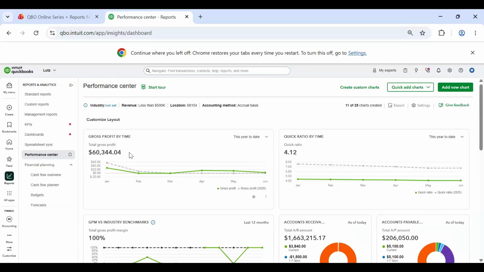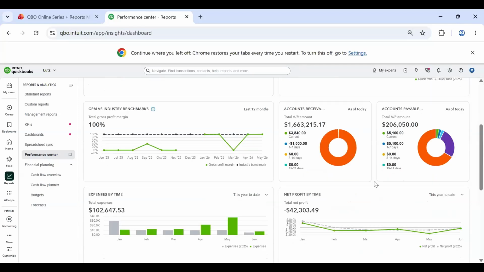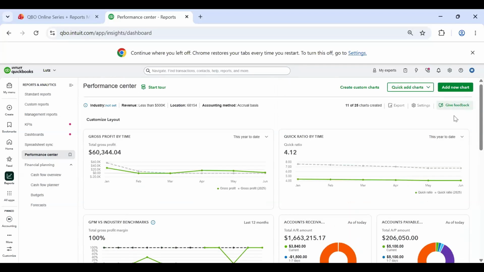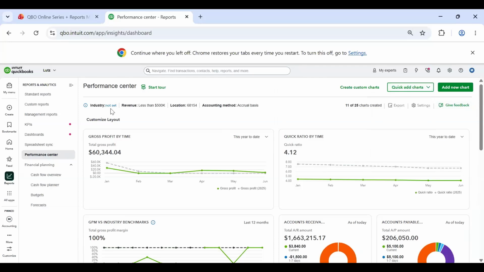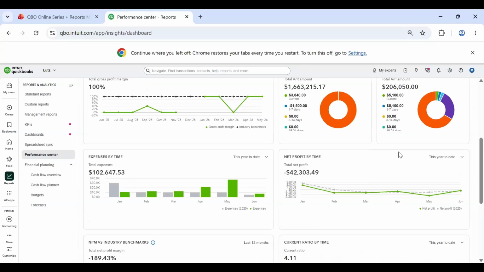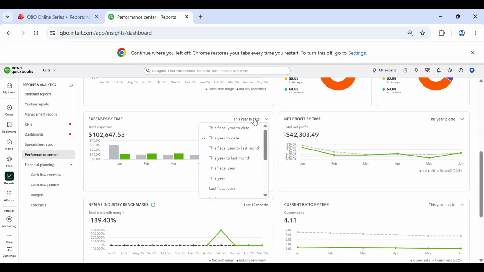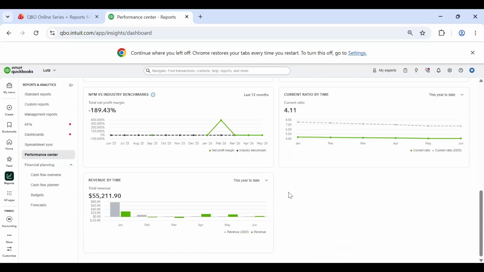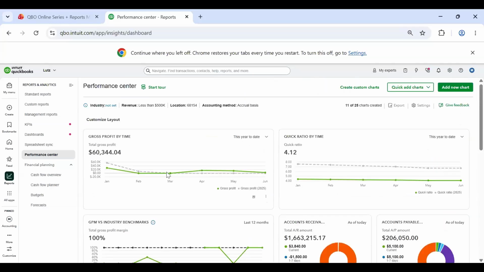you might want to see and benchmarks, accounts that are important to you and your business. You can customize these by adding charts down here. Industry, if you have different industries in your company, this is how you can set it differently. In this one, we don't have any, so I won't go over that right now. You can change the dates on all of these in the top right-hand corner of the small one. And yeah, this is just a really helpful way to visualize some of the data that QuickBooks Online has for